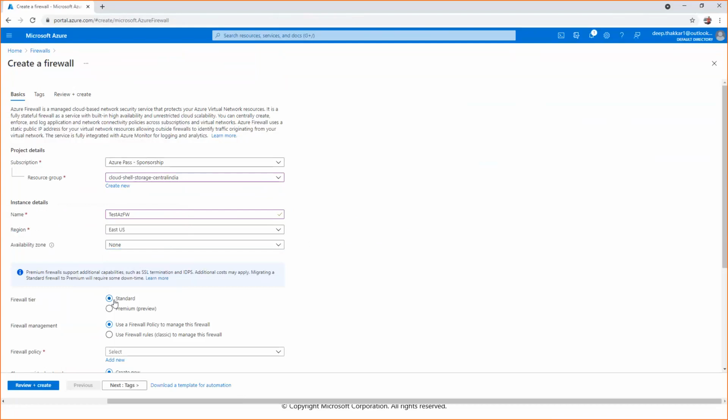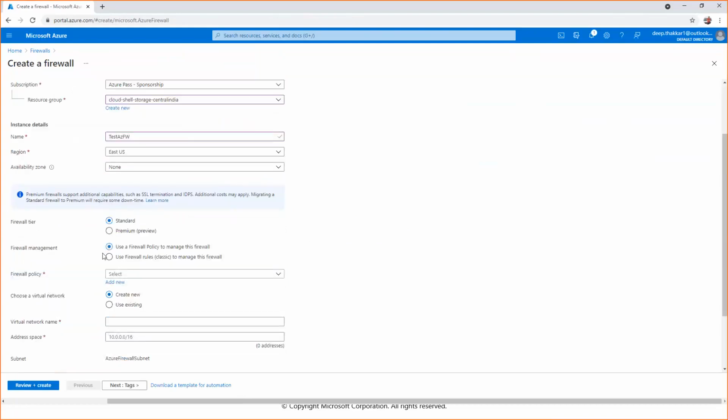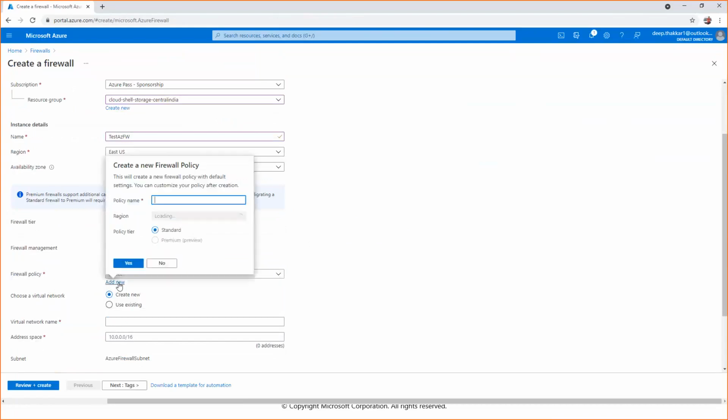Firewall tier standard. Firewall management: use a firewall policy to manage this firewall. If at all we don't have anything, we can simply select standard policy or we can select a new one. Policy name, we can give policy AZ firewall standard.